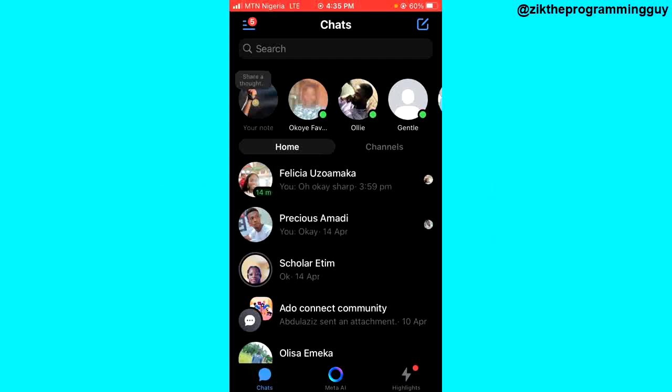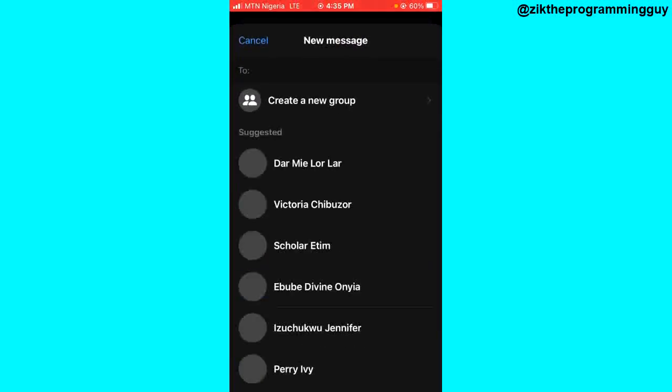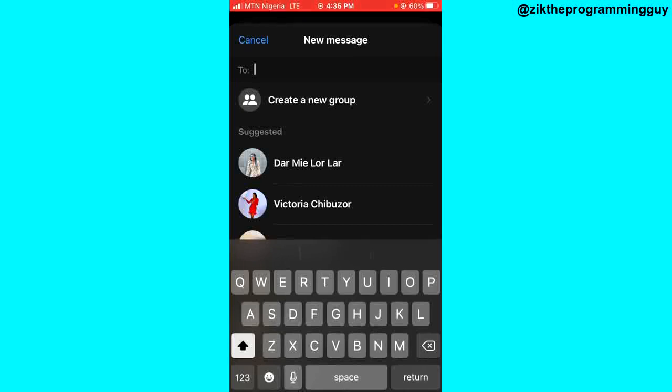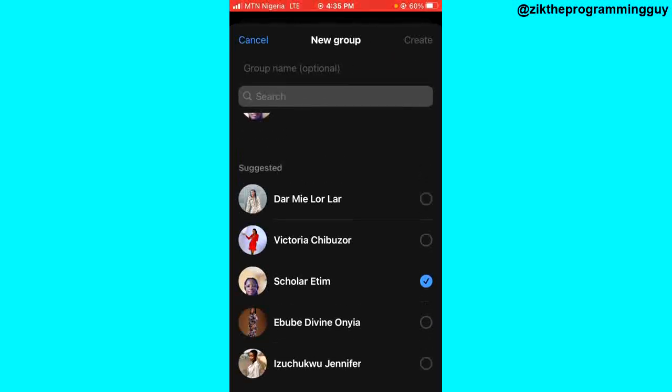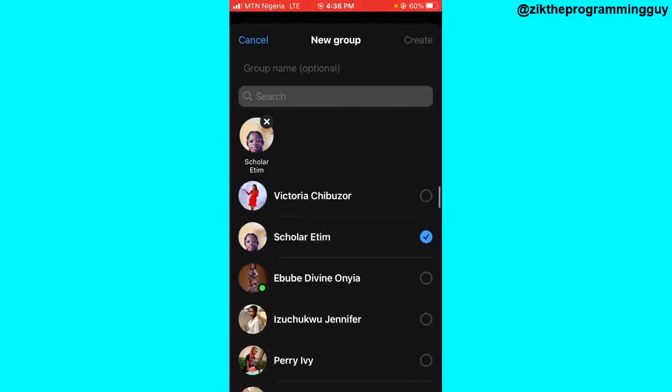Alright, so the first step you have to take is to open your Facebook Messenger app, and then all you have to do after that is to click on the icon at the top right corner. So you see this icon right there, click on that, and you see this create new group. Click on that option, and then what you have to do is to select the people you want to add to the group. For example, I'll pick this person